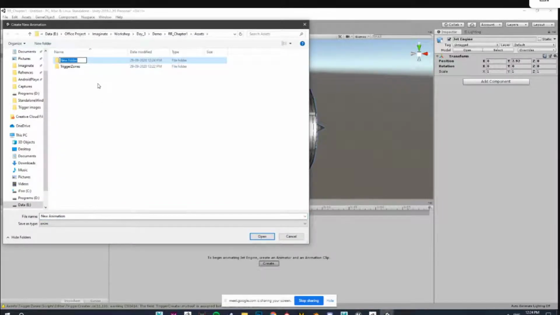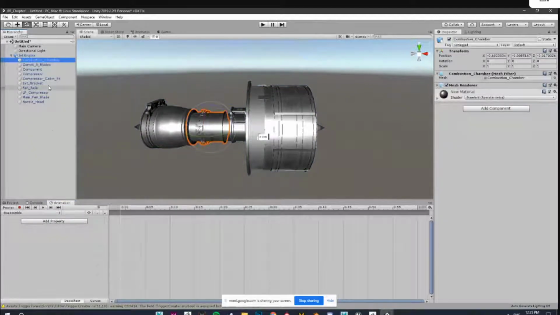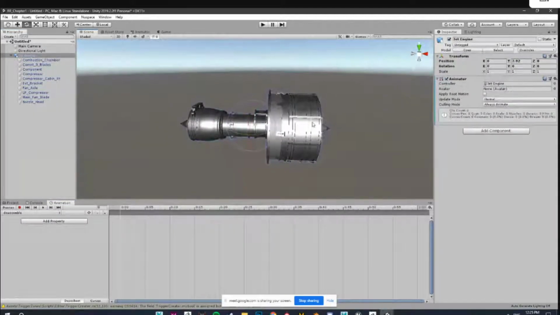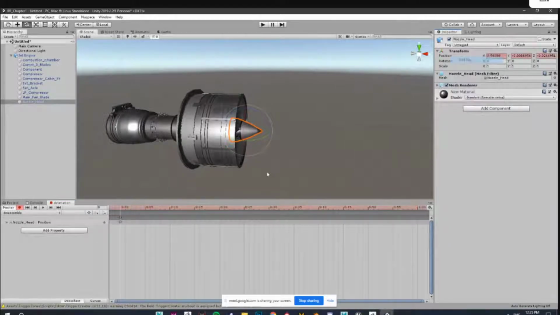Click on Create, create new folder, animation, and name it as business. So click on this object, hit on record, add keyframe, normal position keyframe.